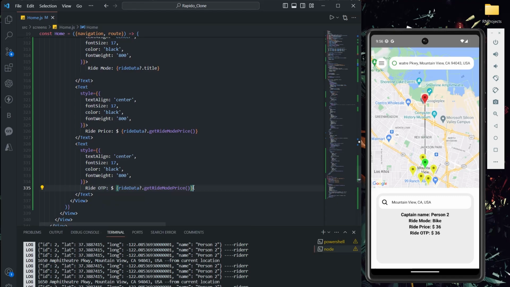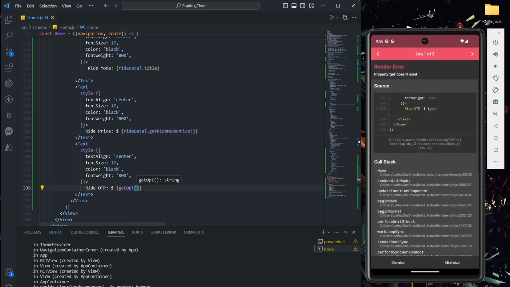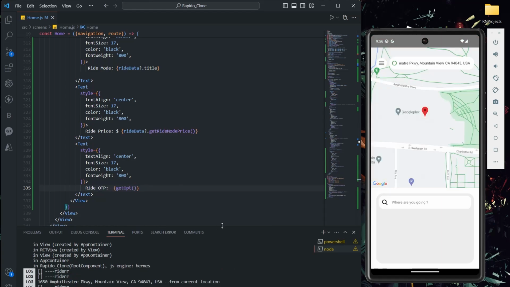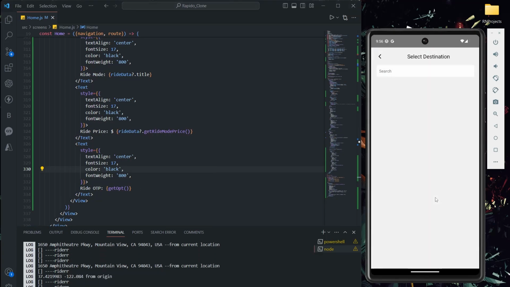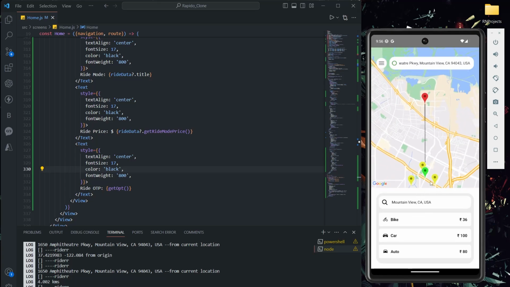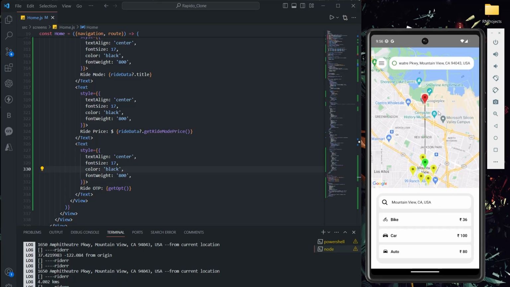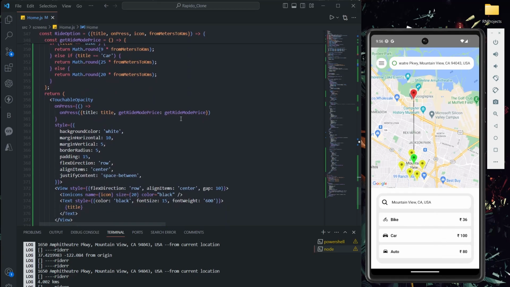Okay, I'll directly call this function here, and that's it. Now let's check how exactly it's working. Now let me search some mountain view. This is the destination I want to select. Initially we are showing the captains here, available captains, current location address, and destination address also, and these are the options we are providing with the price range also.